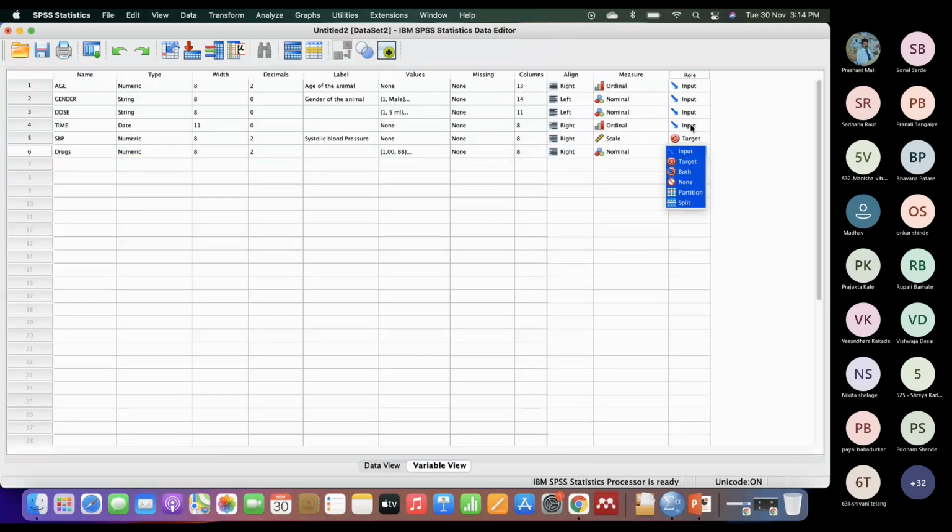Time will be considered as input, obviously. And dose will be considered as input. So you have to think in such a way that that variable belongs to what? Independent variable in software, it is taking as input, and dependent variable will be considered as target. So like this, once you customize your sheet, you will add all the variables, then you are ready for